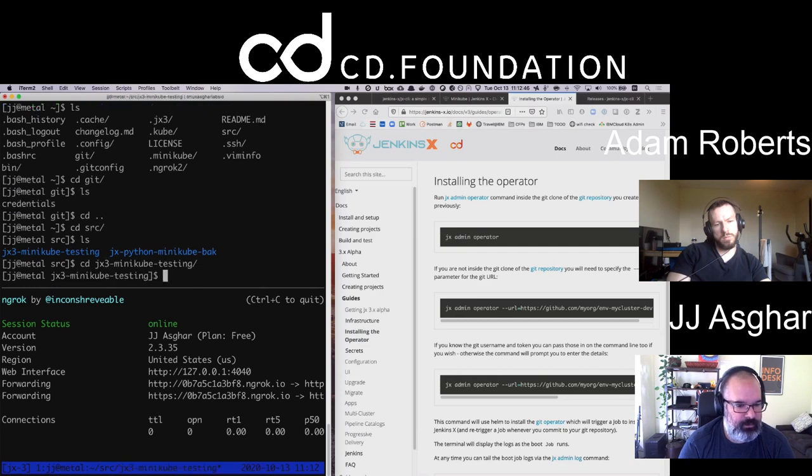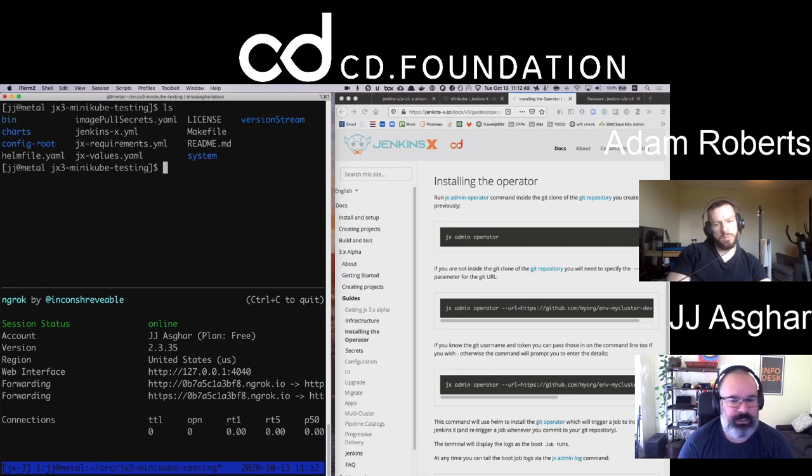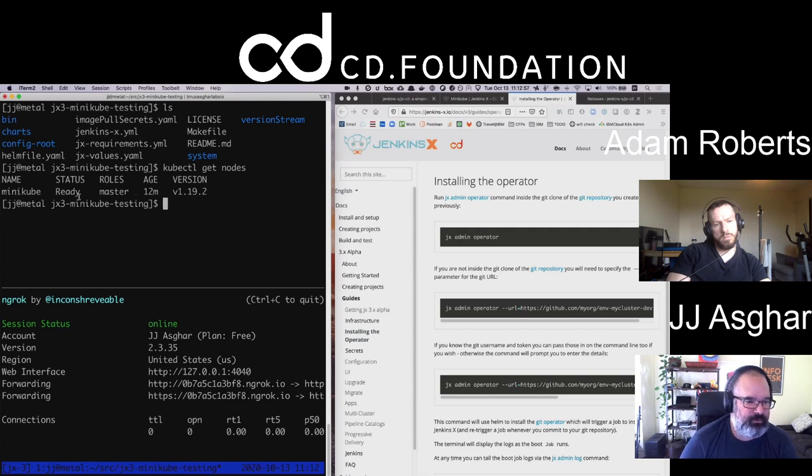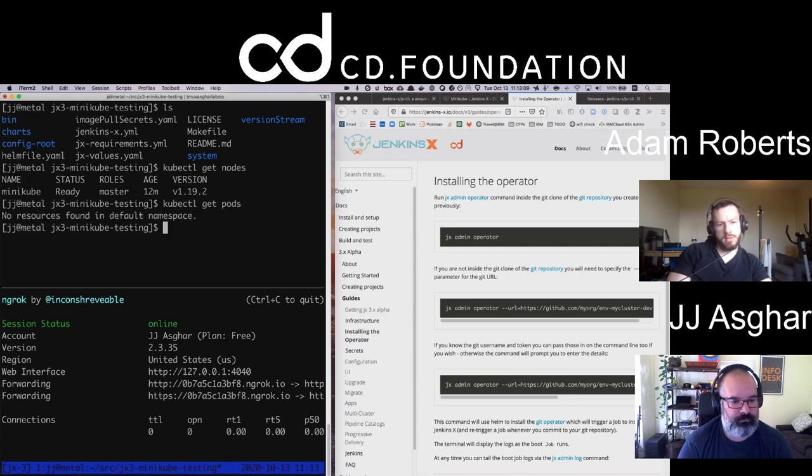Minikube testing, just in case we need to make more changes here. So now we can do, just to verify, kubectl get pods. It is 12 minutes ago, sitting there, one instance. So you have no pods. Do you have any pods? And also, are you in the JX namespace, or does that even exist?